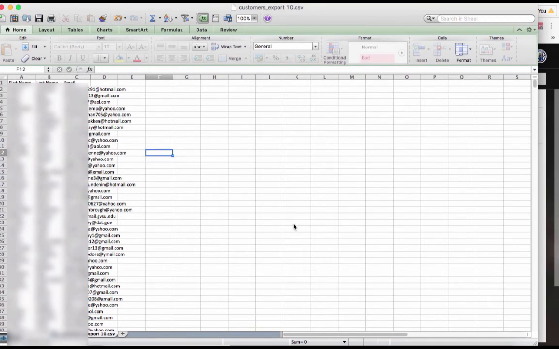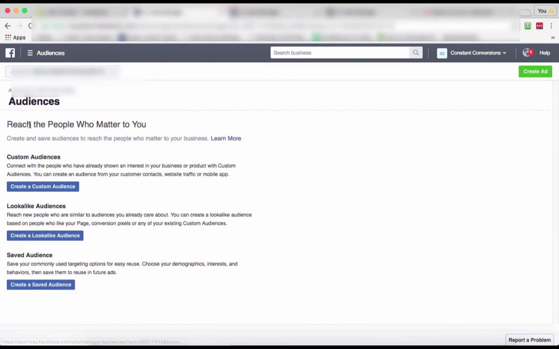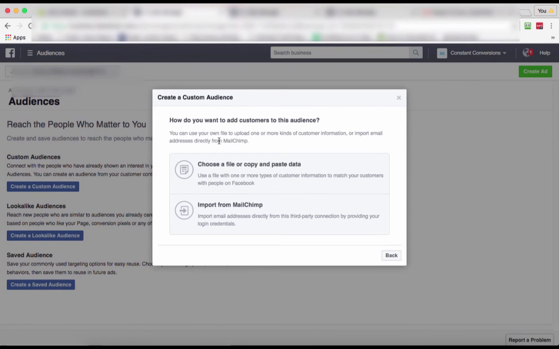Now, that's complete. What we need to do next is go into the Facebook Ads Manager. Okay, so what I've done is I've grabbed an account I've never used before, just so I can show you what it looks like when you first create this custom audience. You're going to go to the Ads Manager at the top, click Audiences, then you're going to click Create a Custom Audience. You're going to grab the customer file that you downloaded,